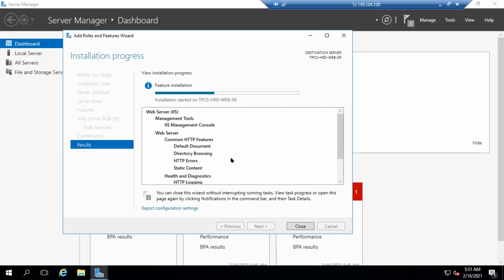While it's installing, can you please explain that DNS is like a bypass? Currently in our real time we are using an Always On availability group, working as high availability, with multiple subnets.